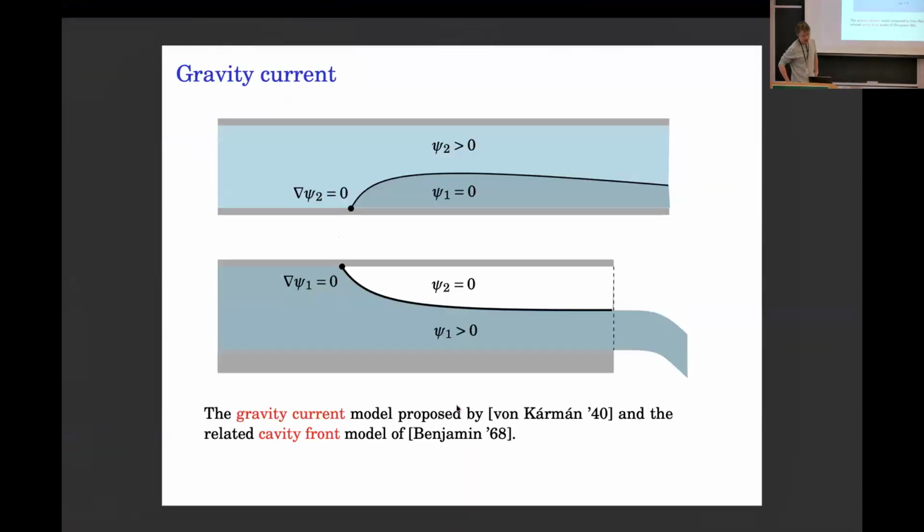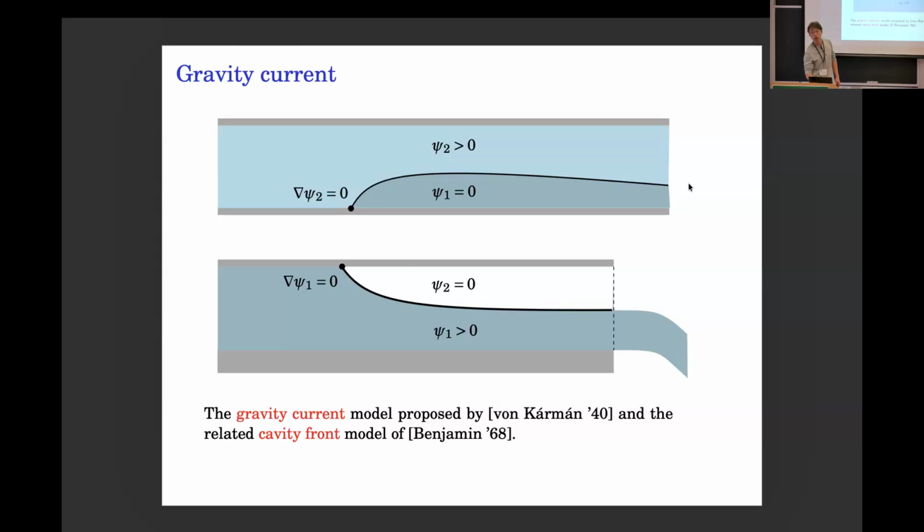Okay, so this gravity current has been a very important subject in the applied community. There's tons of papers studying this gravity current, and here I want to point out a very influential one by von Karman, from a 1939 lecture of his at Ohio State, where he proposed a very simple model to describe this gravity current phenomenon, which is exactly like these two fluid systems.